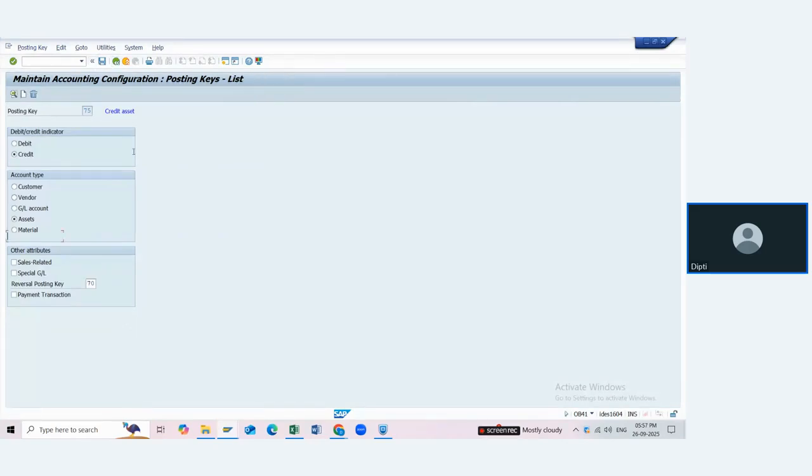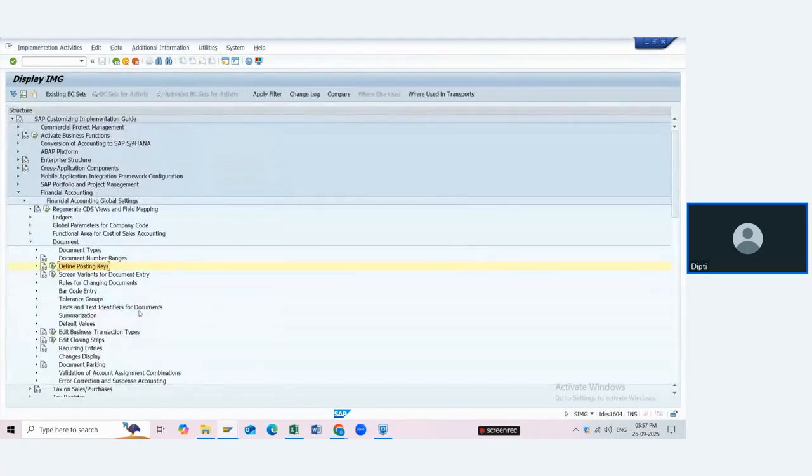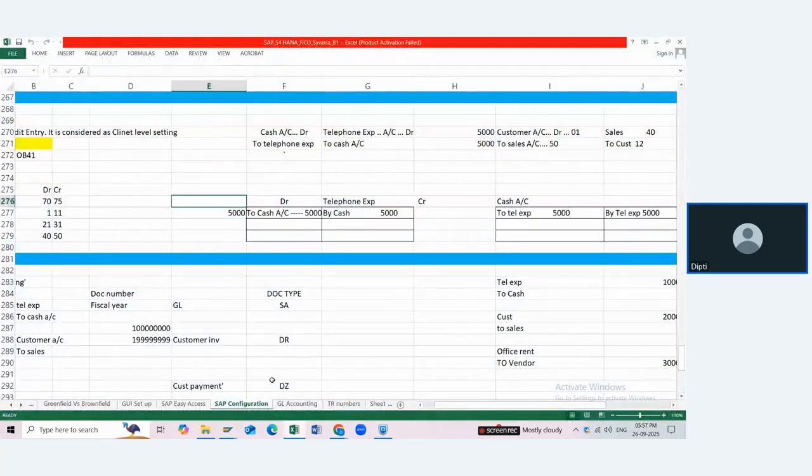There are many transactions which SAP has created in such a way that the posting keys are defaulted in the transaction. You do not have to enter them. Few transactions are there where you have to enter, but in many transactions SAP has taken care that the posting keys will be defaulted from the backend. So the user will not need to select them. Okay, so these are the posting keys. Again, they are at client level and are already created. You do not have to make any change. We do not have to assign them anywhere to the company code. Okay, and these are the main posting keys.